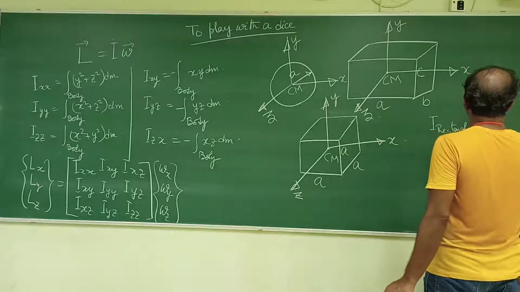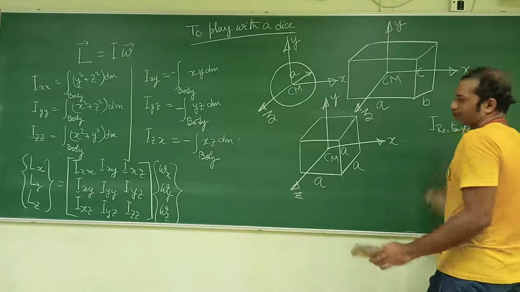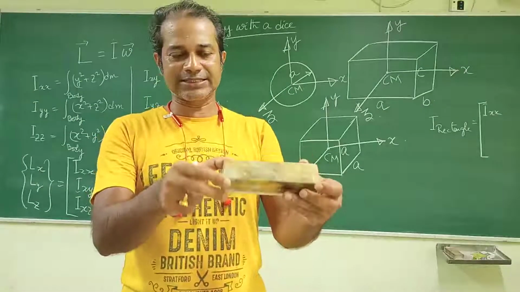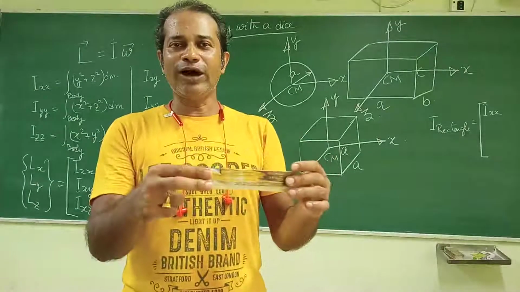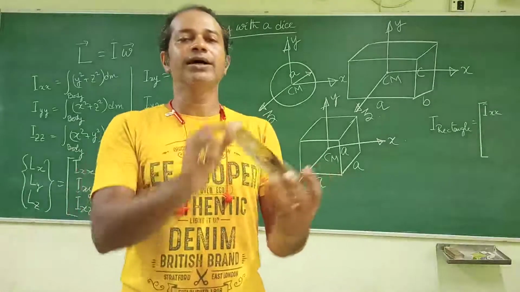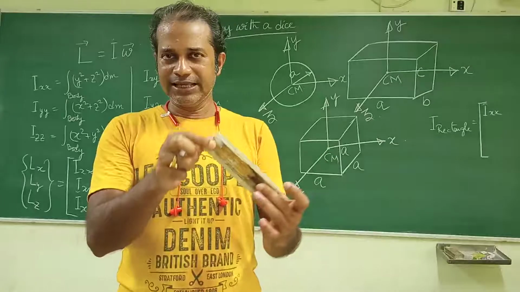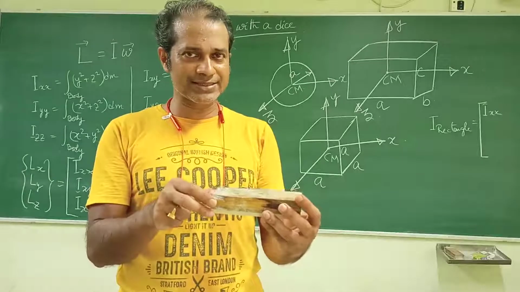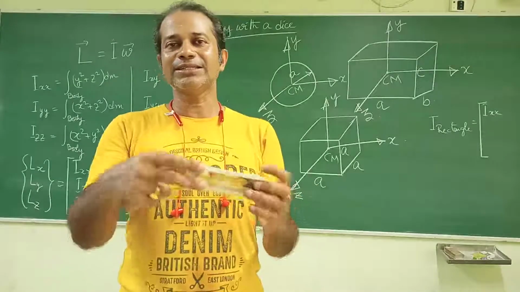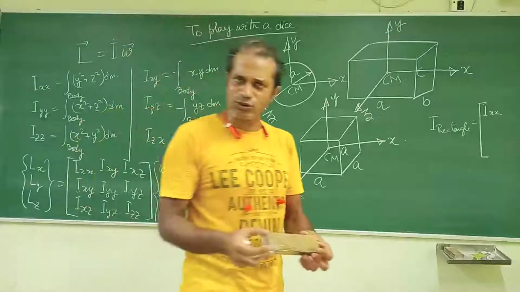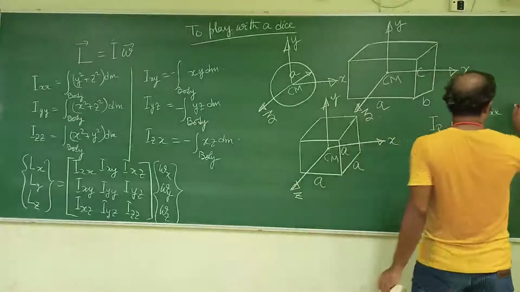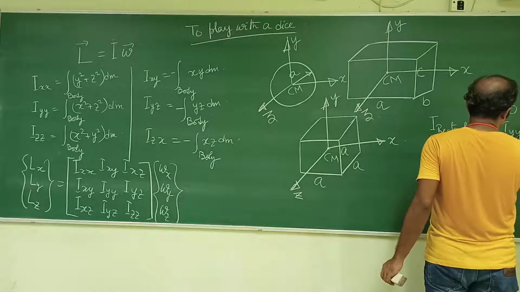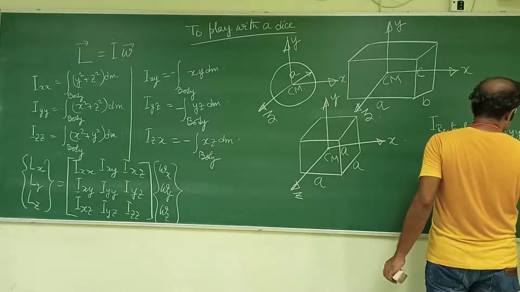I for the rectangle is going to be what? Ixx. Now you understand? If it is going to rotate about the y axis, this is what is my x. Yeah, it is going to rotate about the y axis. Definitely, about the x axis the moment of inertia is going to be less than the y axis, and for the y and z axes it is going to be the same. So, Ixx 0, 0, 0, Iyy 0, 0, Izz.